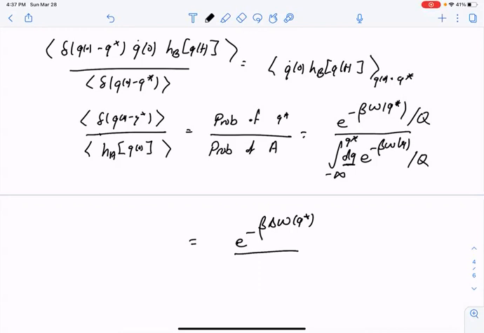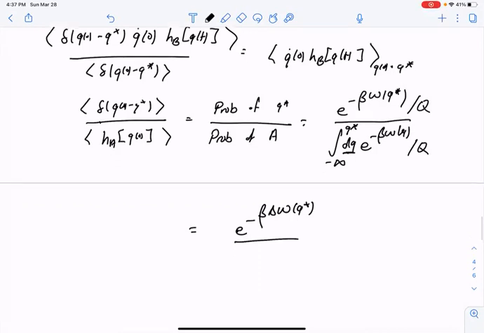So, imagining Q is actually a spatial coordinate, let's call it L. So putting this together,